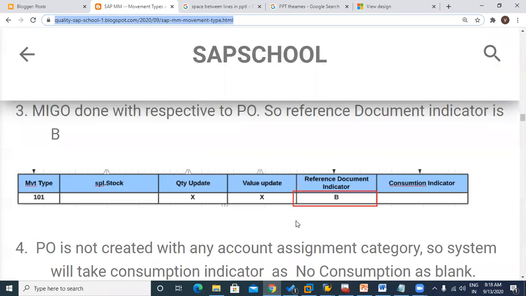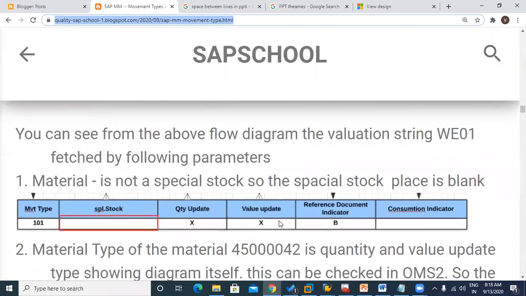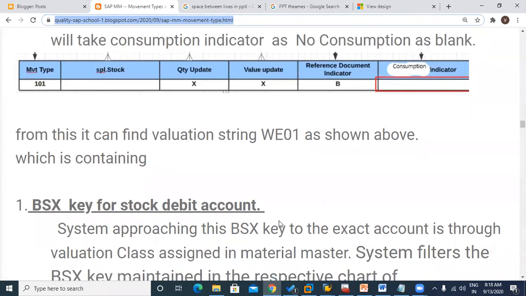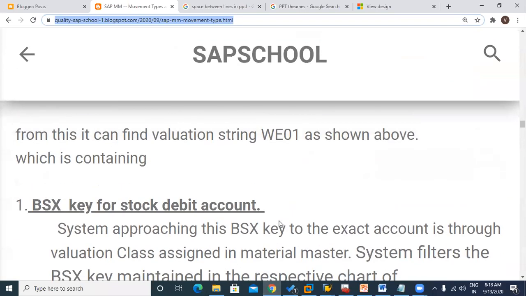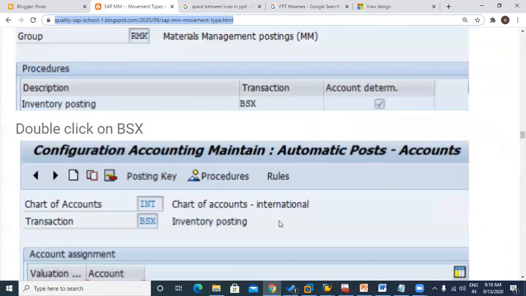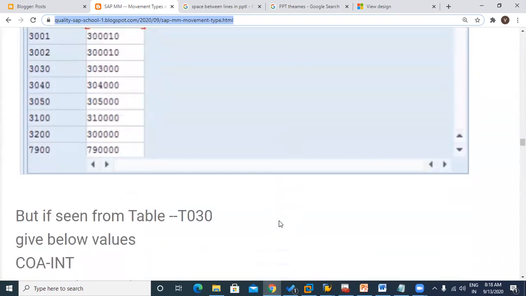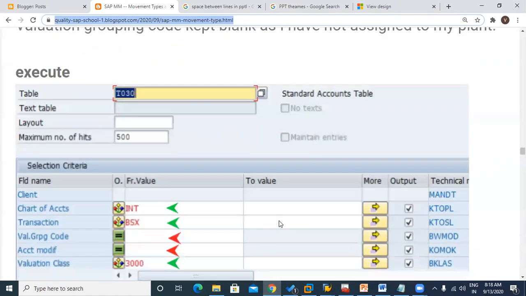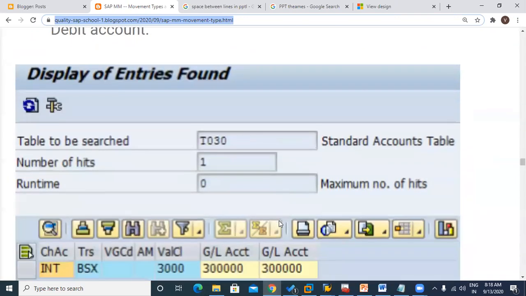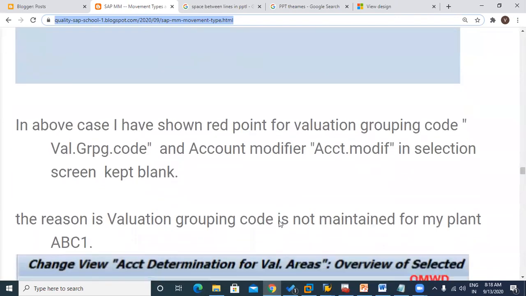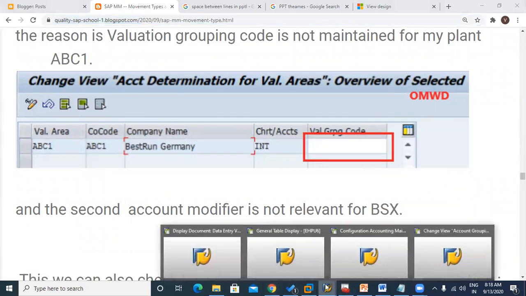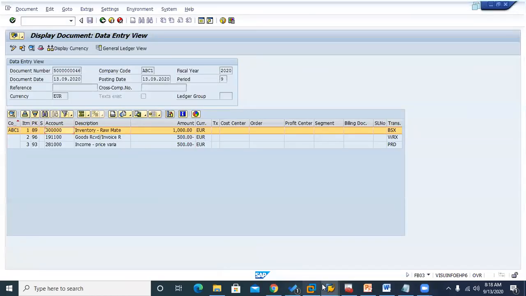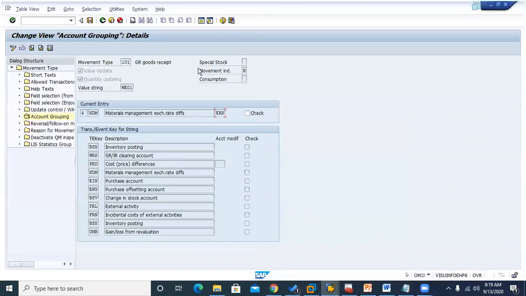I have explained all of these. If you have any doubt anytime, you can come back, open my notes and check, and you can refer to others also. I have clearly explained here the combination, how it is going to be. So this is the place, OMWD. We have to go to OMWD, and I will show you the witness for that also. Let me go to the other screen itself.